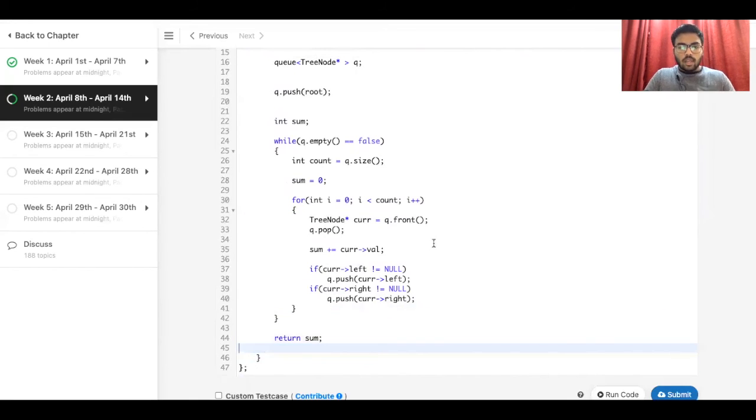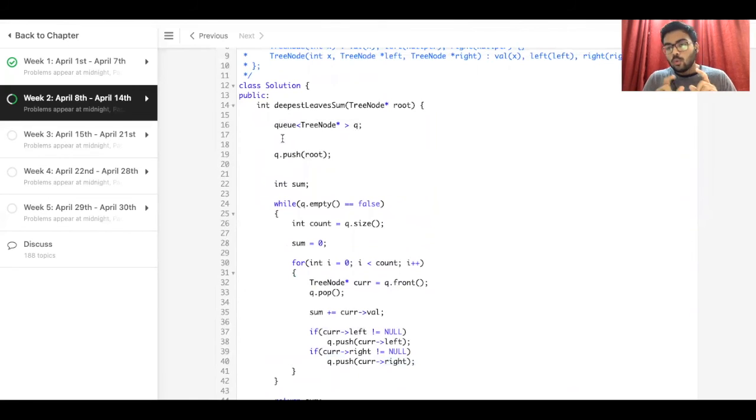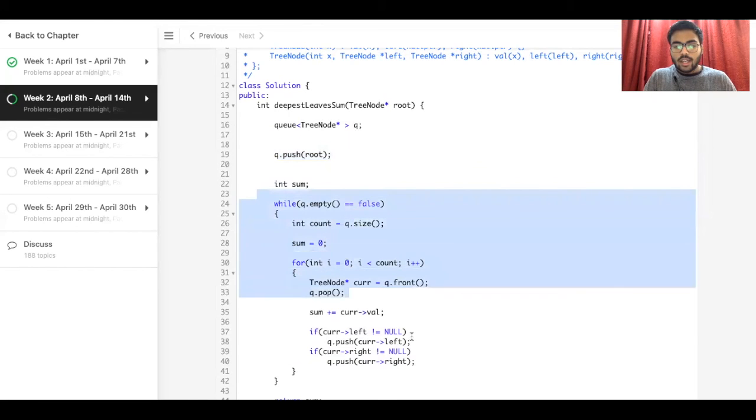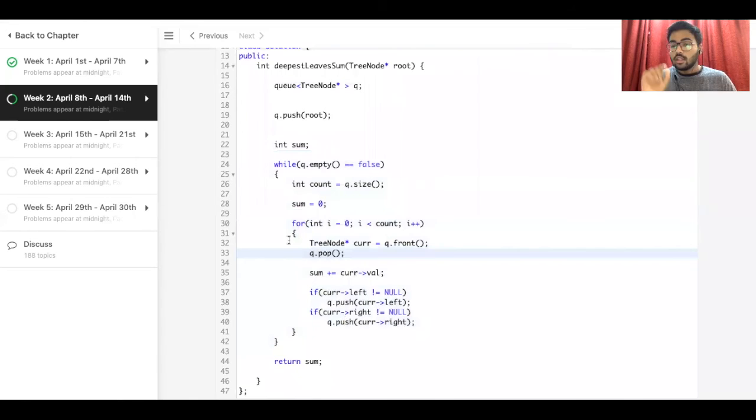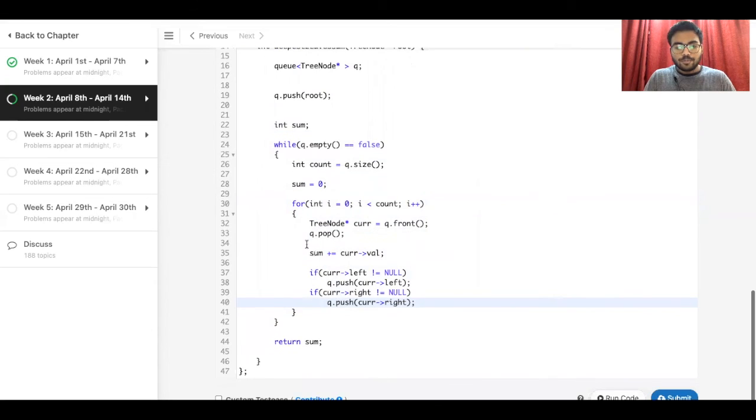So summing up, I made a queue. Queue will store the elements at each tree level. So for starting, I push the root. Then we go to the next level. Now we know that the queue is not empty because we have pushed the root. So now we take the queue size, which is 1. So we loop through one time and we store the left part of the root and the right part of the root into the queue. Now we know that the size becomes 2.